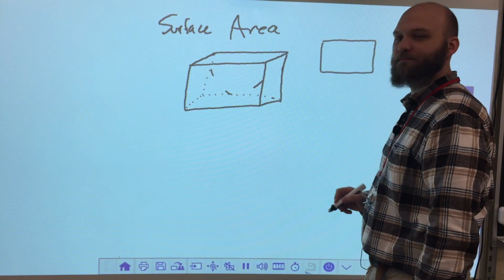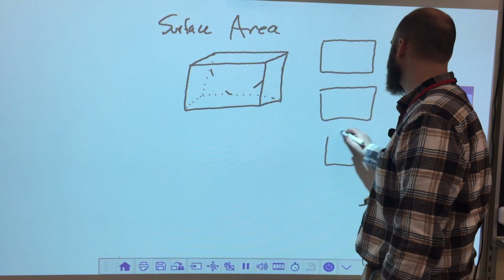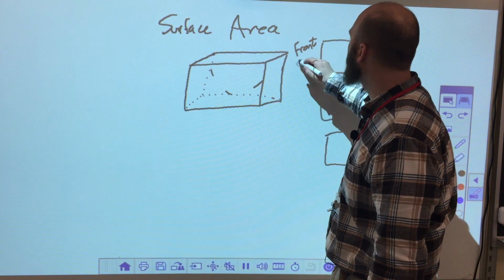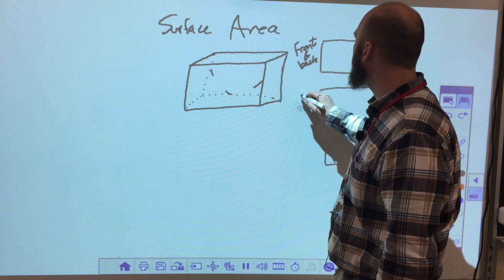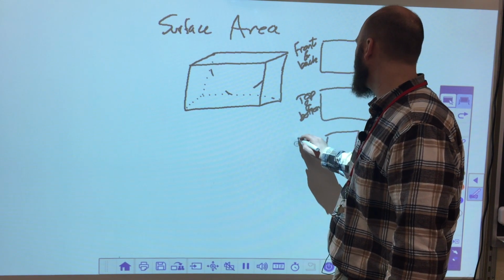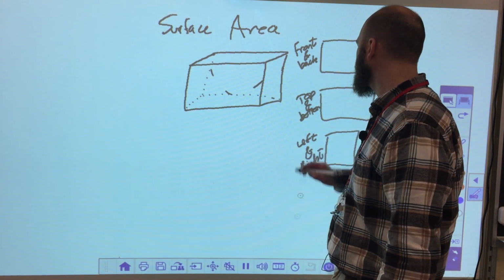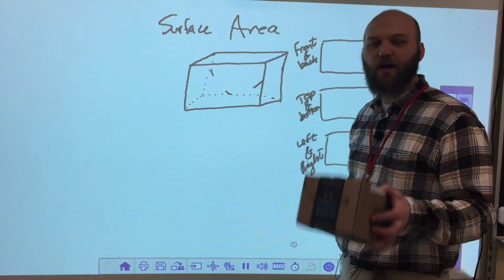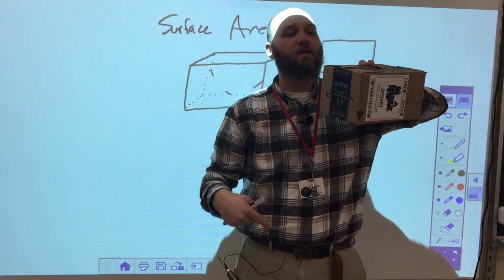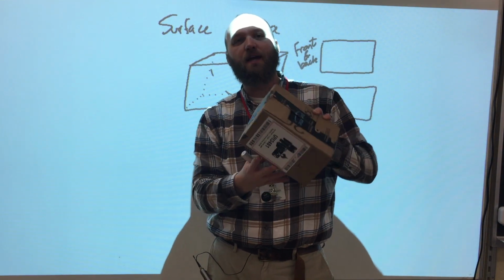Well, I've got the front, I have the top, and I have the side, right? And if I have a front, I also have a back. If I have a top, I also have a bottom. And if I have a left, I also have a right. So front and back, top and bottom, left and right. I only need to know three of these shapes, this one, and the top. If I know the sizes of those, I can solve for the surface area,